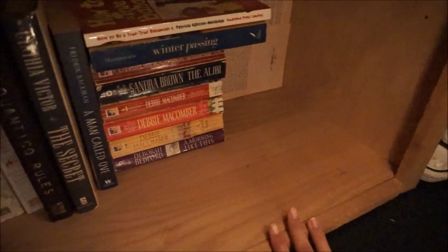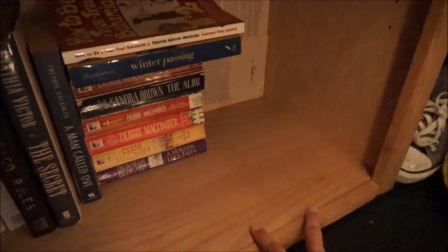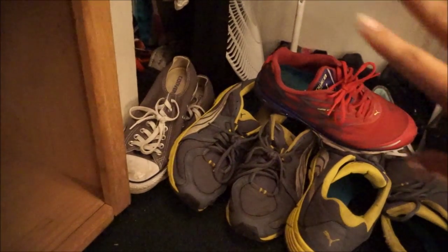Move that out of the way. I have that little space right there because I gave some books away off this shelf, but I'm going to fill that space when I rearrange my bookshelf probably. And the reason why that shoe is right there is because my closet is literally right there. I usually don't film in front of this shelf